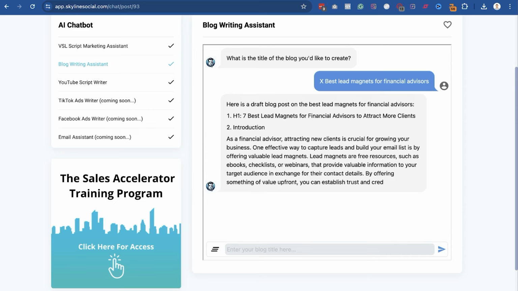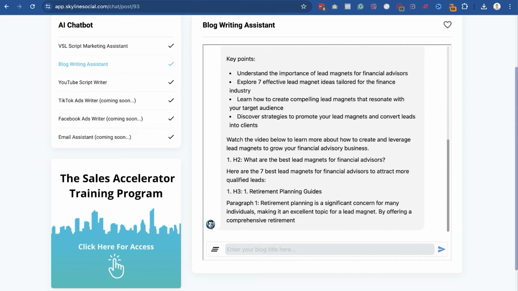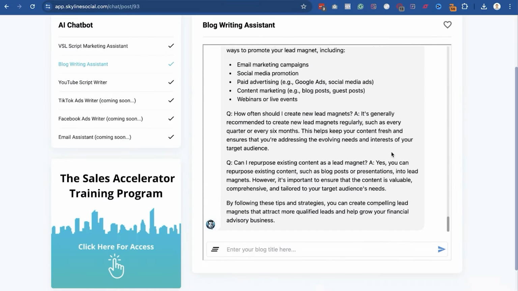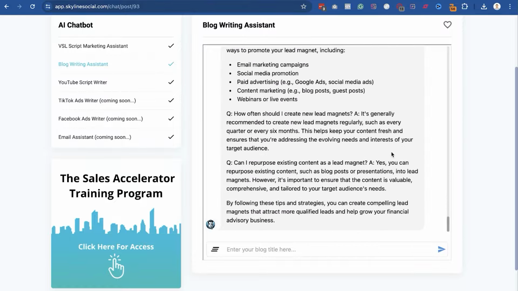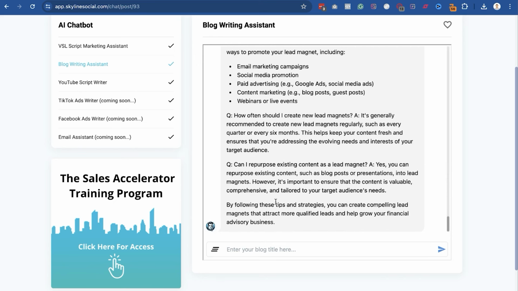As you see, it's going through and creating the article right now. It adds all the headings, the bullet points, and everything in the right way. So I'm just going to pause this video and resume it once everything's ready. Okay, so it's taken about a minute and it's now finished writing the whole article, as you can see here. Everything is done, and it's even created an FAQ section at the end of the article, which is also helpful. And now that we have the first rough draft of the article, we can move on to step 2.